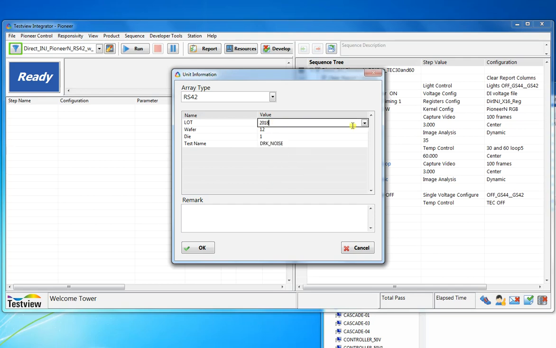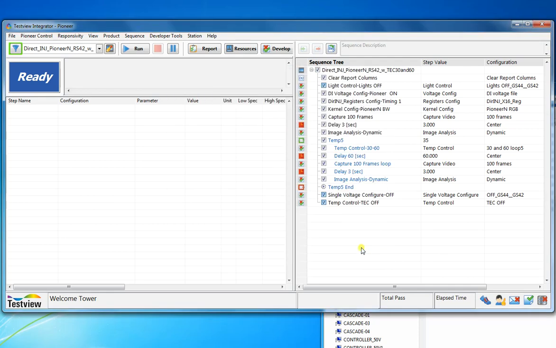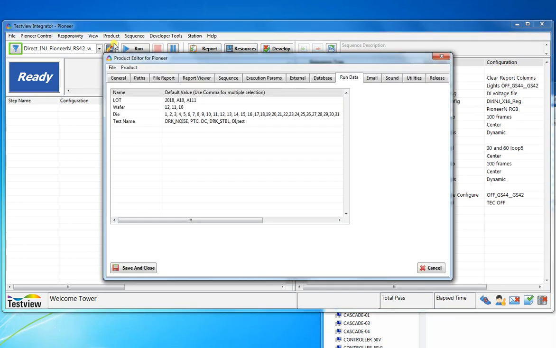And each of these items can be defined in the Product Editor. Let's cancel and go to the Product Editor again. This is the Product Editor, Run Data. You can see here all the fields that are in the dialog box of the Run Editor.